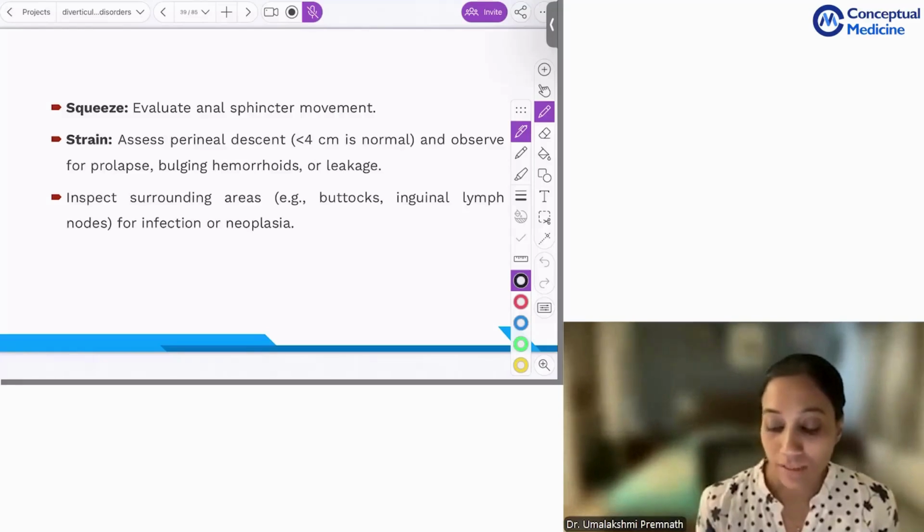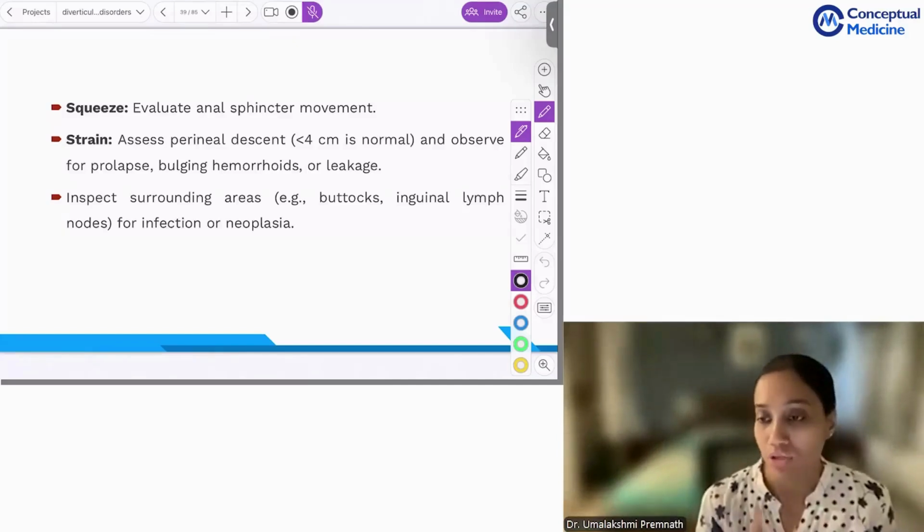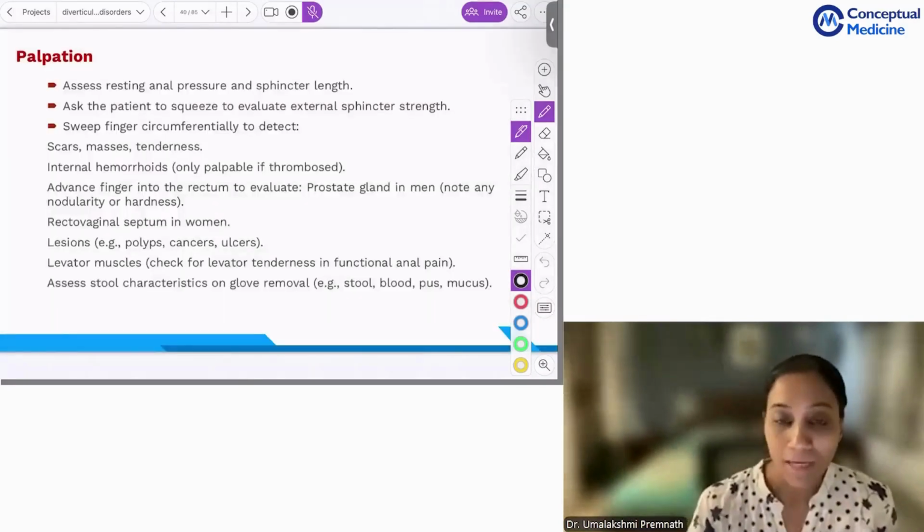Inspect the surrounding areas like buttocks and inguinal areas for infection. Below the dentate line, it's the inguinal lymph nodes which get involved. Above the dentate line is the internal iliac. That you can see, but below it's always the inguinal lymph nodes. And so inguinal lymph node examination is also very important in such patients. Palpation, what do you